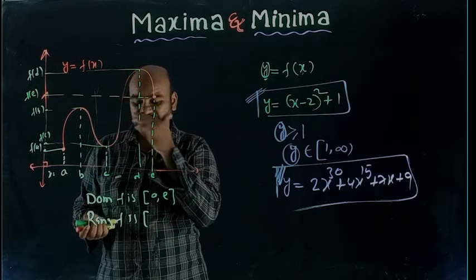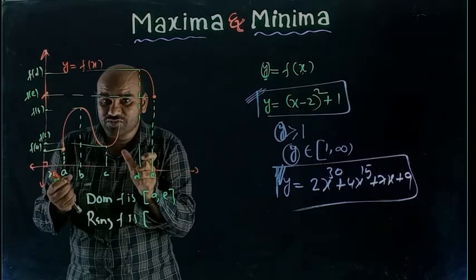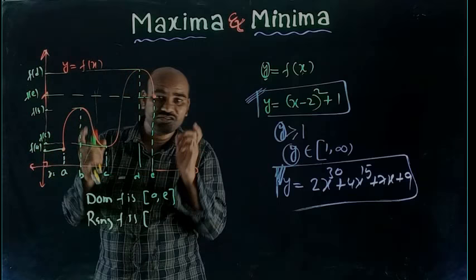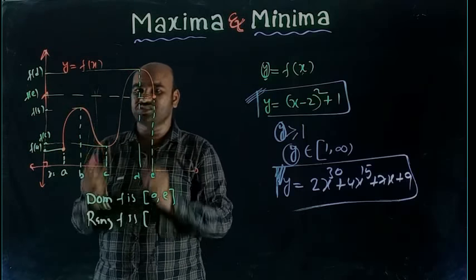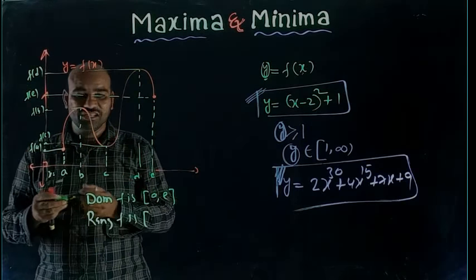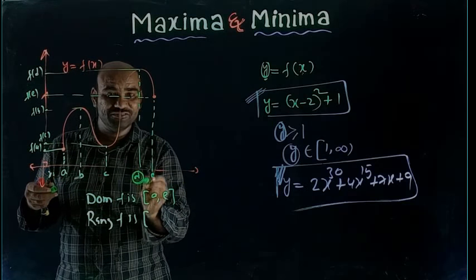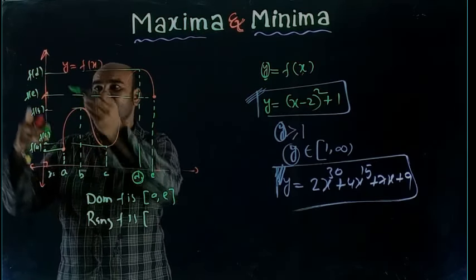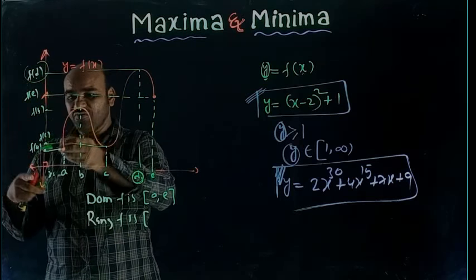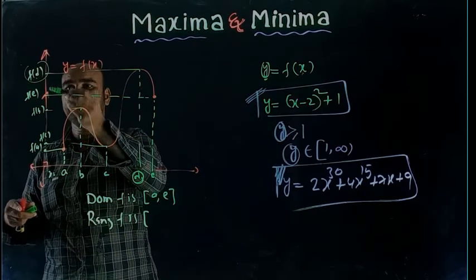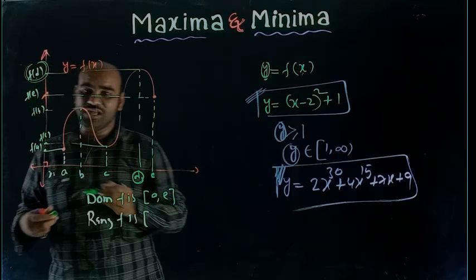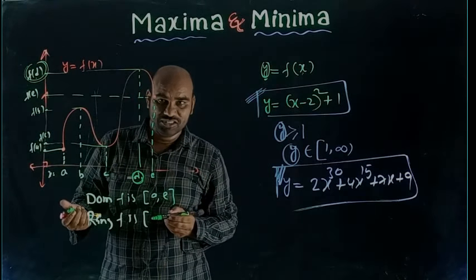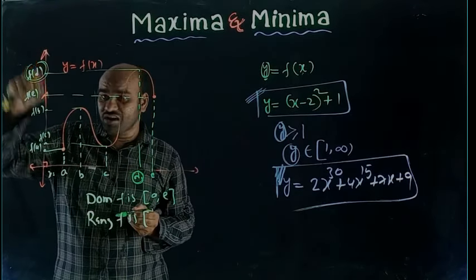Like that. Now the question is, what values of x give y maximum? What values of x give y minimum in this function? Simply you can say that if x equal to d, then y is equal to f of d, that will be the maximum. Observe here. Among f of a, f of b, f of c, f of e, f of b only has a greater value. That's why f of d is greater than all.